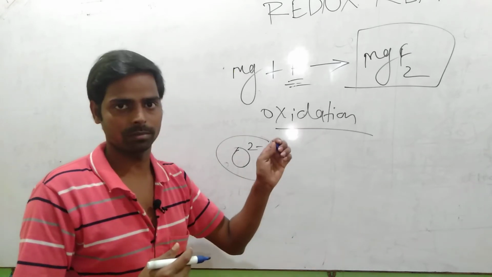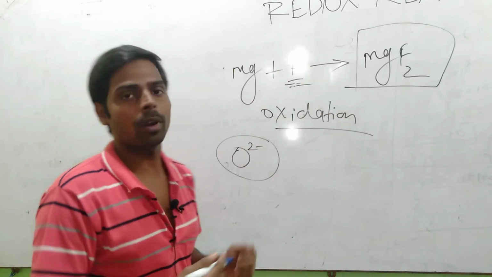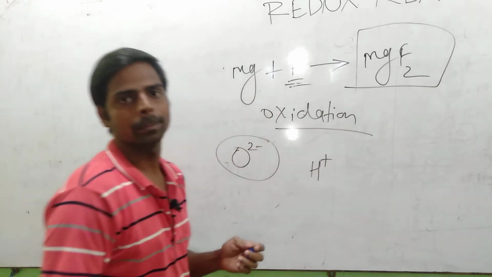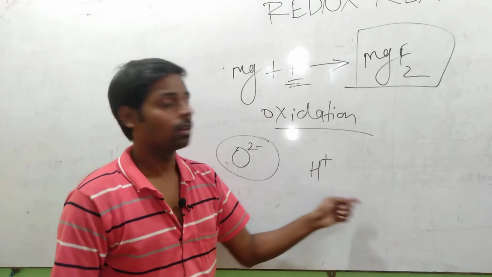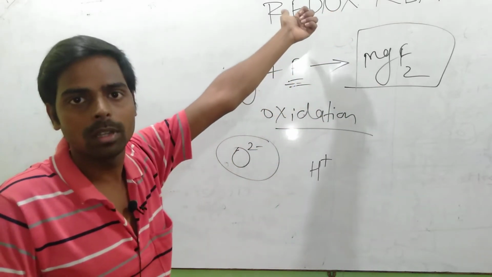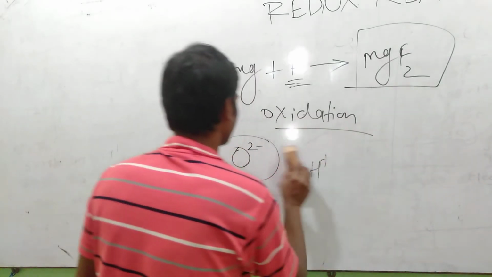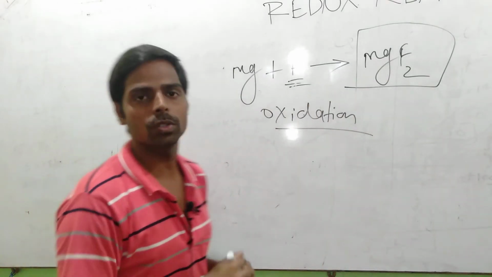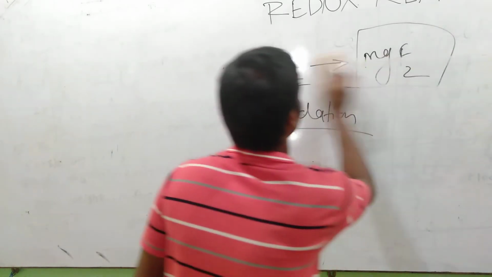So adding of this electronegative element is oxidation, and removal of electropositive element is also oxidation. Like when we add hydrogen, which is also electropositive na, and when hydrogen is removed from the reaction, that is which reaction? That was reduction. Similarly, when any electropositive element is removed from the reaction, that reaction is oxidation.